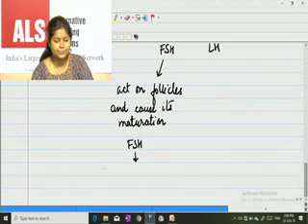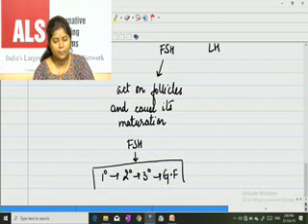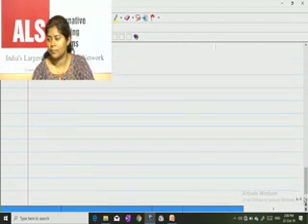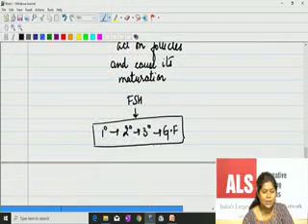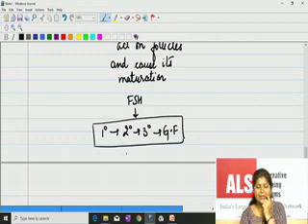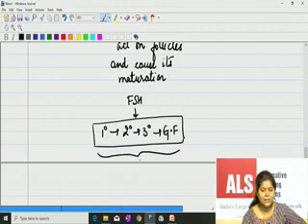Quickly. Very good. So FSH is going to act upon the primary follicles, convert them into secondary, secondary into tertiary, and tertiary into Graafian. And these maturing follicles,